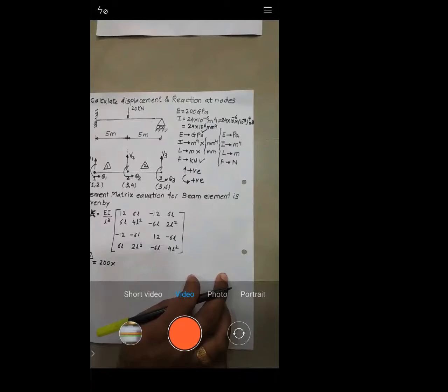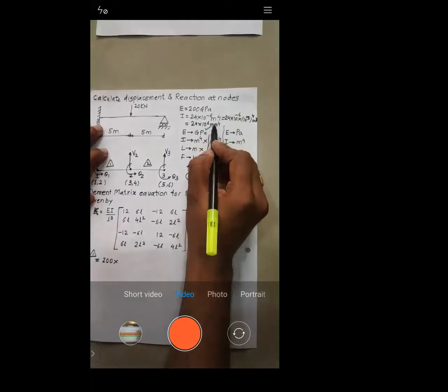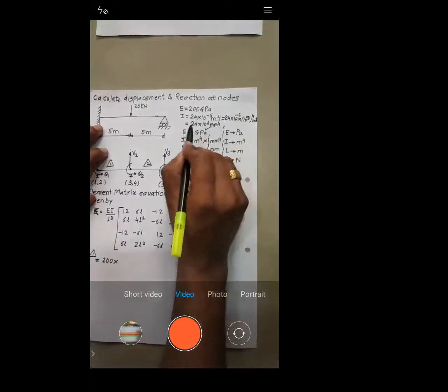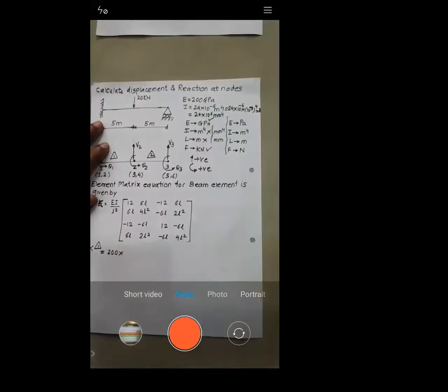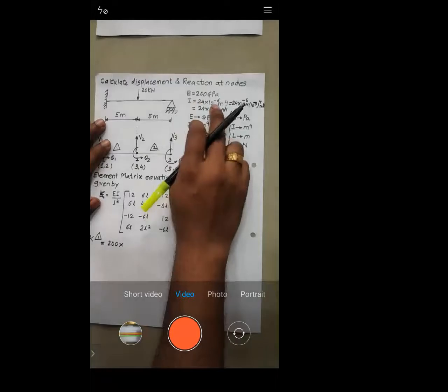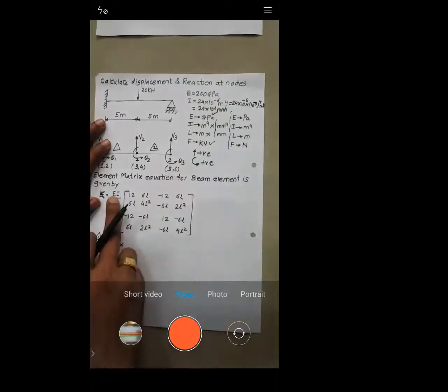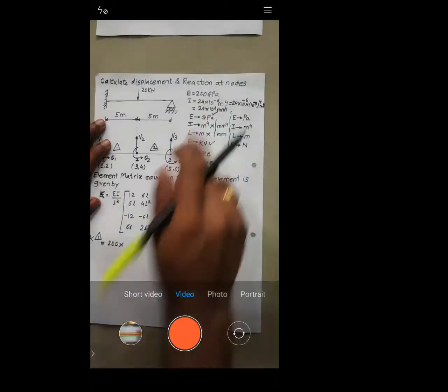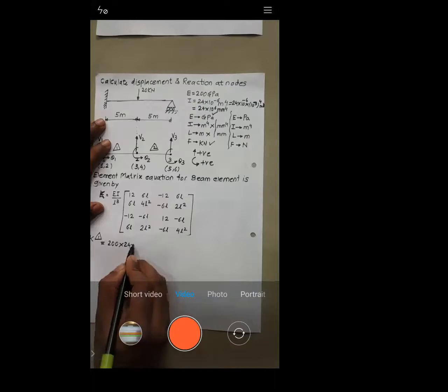Is it okay or not? Yes, sir. Okay, but see, if you do this L, we'll do that. So E is being done. So I have put E. E is in gigapascal. I will put 24 into 10 raised to power 6, right? 24 into 10 raised to power 6